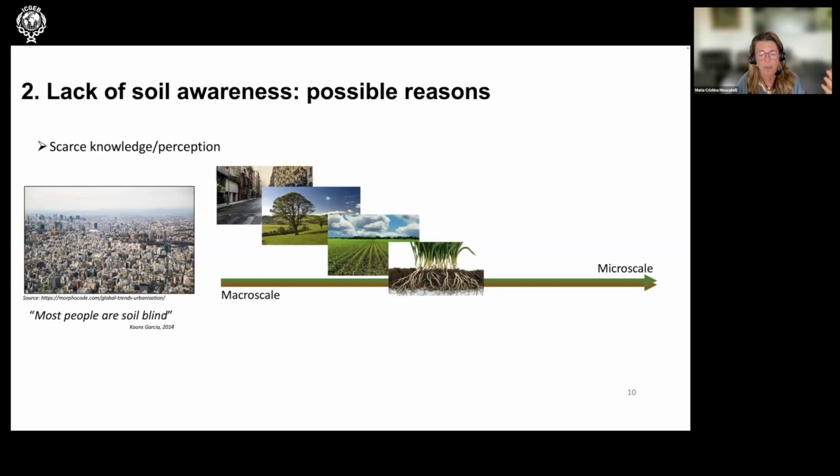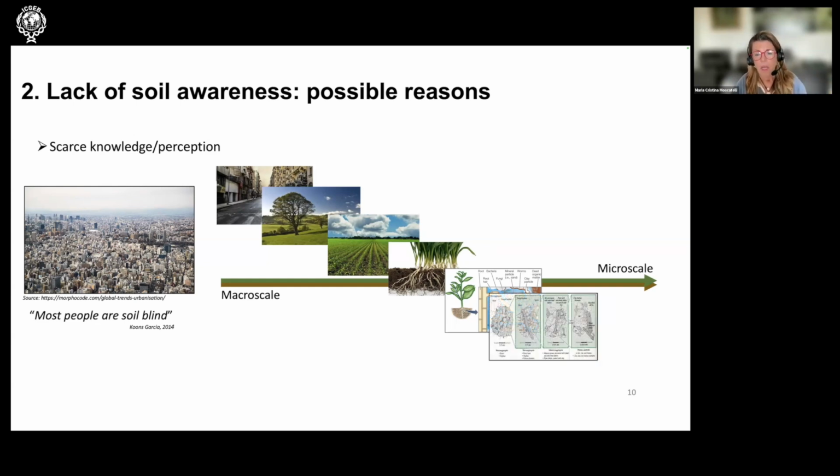Then we reach the interface of the above ground and below ground system, the one where plant roots meet the soil, and which is the one where, certainly, this strategic project is focused. And then we go a little bit further deep into the 3 phases system of the soil. The soil is made of a solid phase, organic and inorganic, a liquid phase, and a gaseous phase. And they're all mixed up in a 3-dimensional mixture, very, very complex to study. If we go a little bit deeper, we can see the complex 3-dimensional organization of soil aggregates, within which the